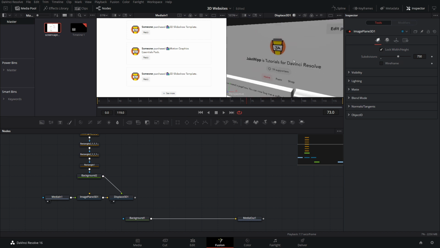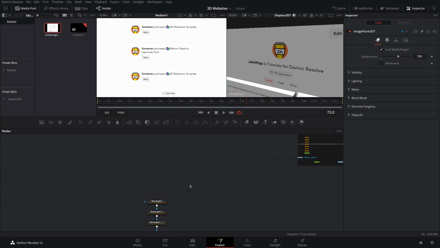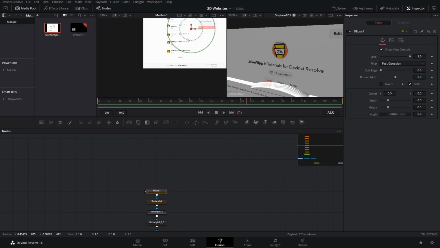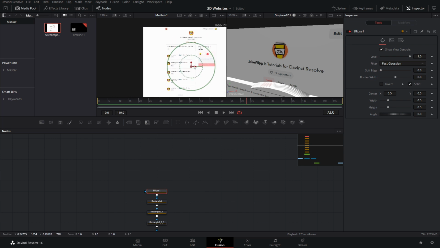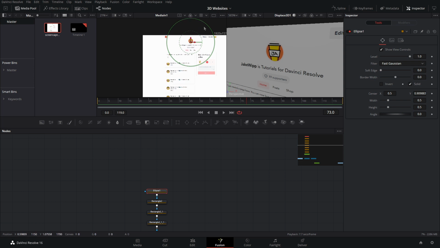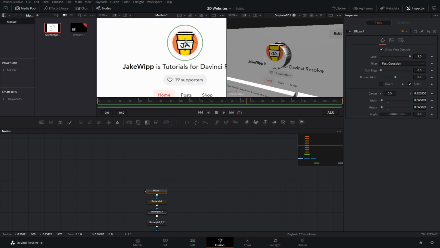And now I'm going to come up and add a circle around this little coffee logo here. So let's go ahead and do that. We'll just grab a circle mask, bring that down. And as you can see, that's defaulting to be right down here. And we'll just move this up right to where the coffee is. And as you can see, this is what I mean about it kind of playing back a little bit slow. It's lagging a little bit here, but we'll just bring this up and center this right on the coffee logo,